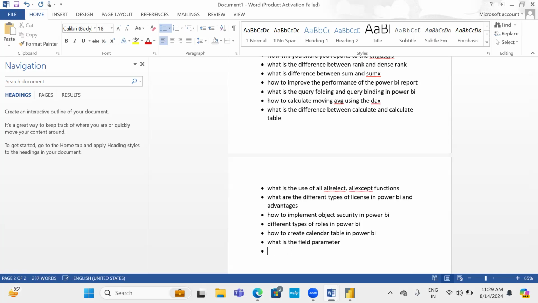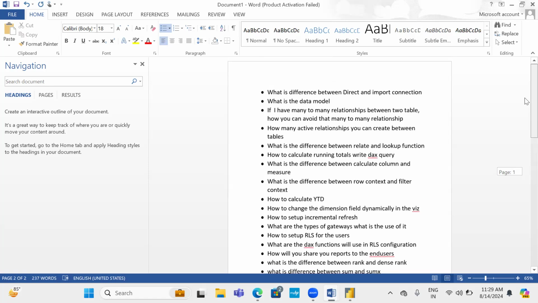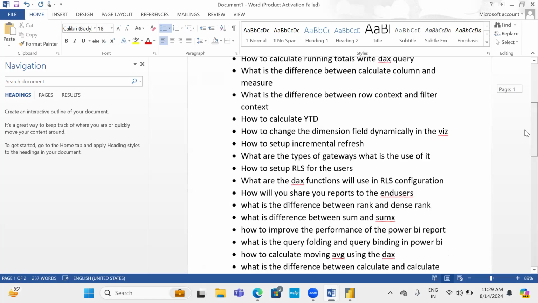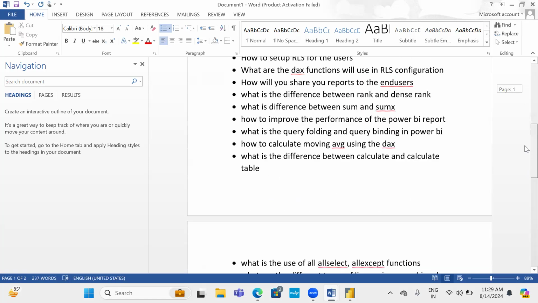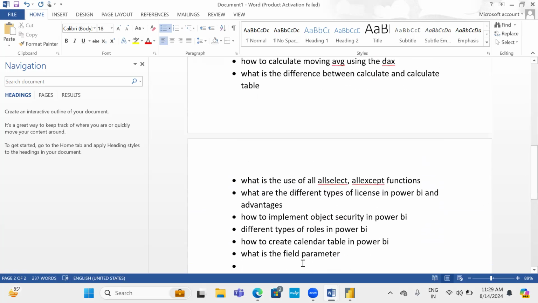So majorly these are the questions, and a few more DAX also. These kind of questions are expected to be raised from him. His interviewer can ask such kind of questions. So at least in this, we can get 5 to 6 questions. Okay. So a few more DAX queries will be asked like